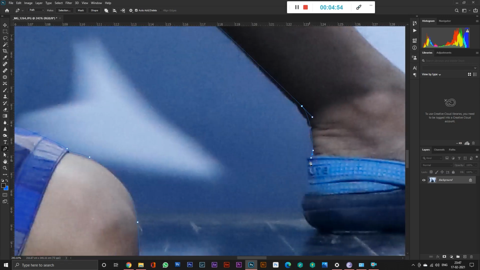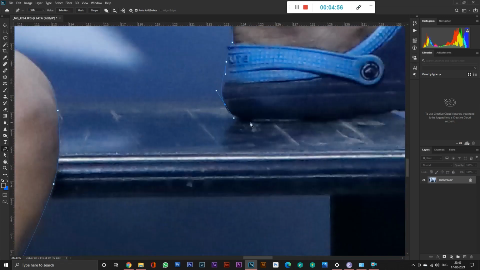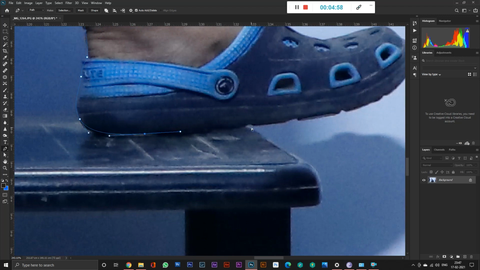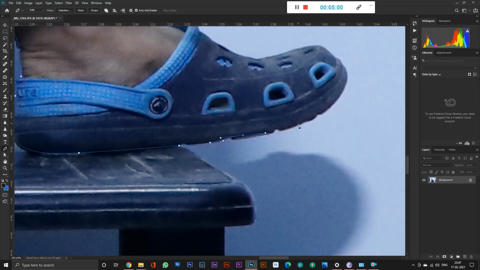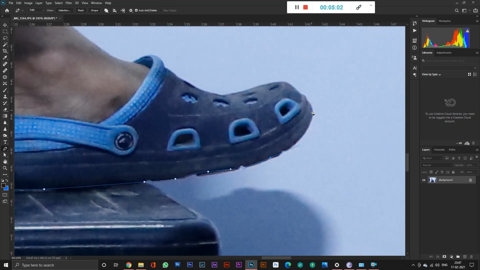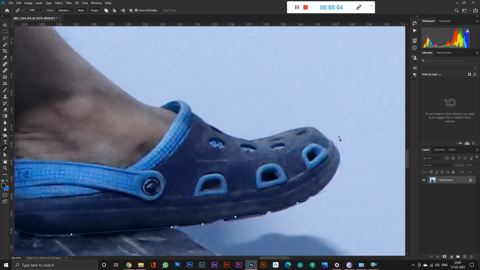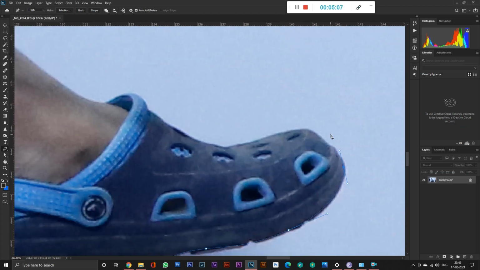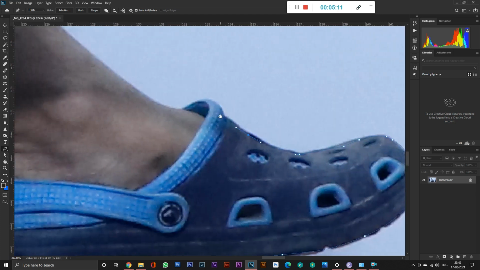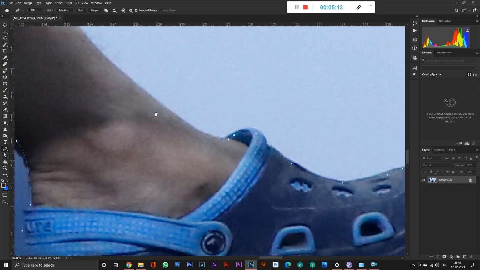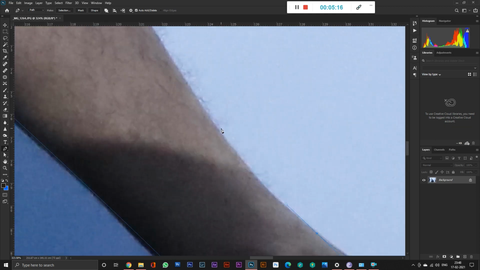Once we are done with cutting with the pen tool, we press Ctrl Enter, and when we press Ctrl Enter, the ant that is moving all around the object is the portion that is selected. So don't think that somewhere an ant came and started to roam in the computer. The ants are the selected portion.